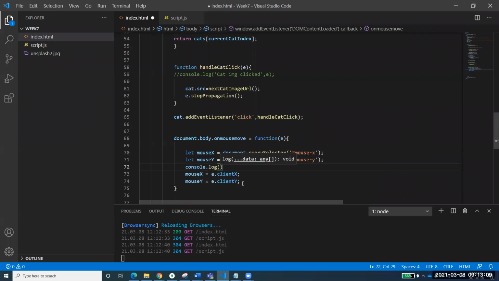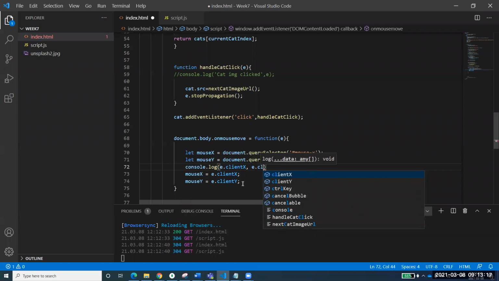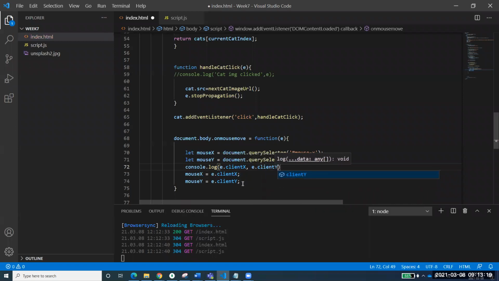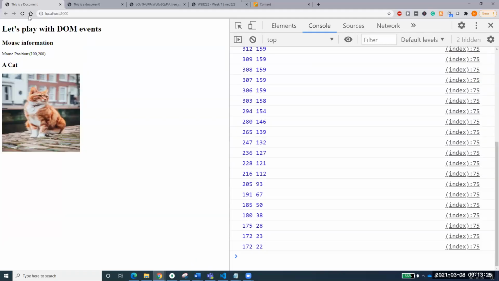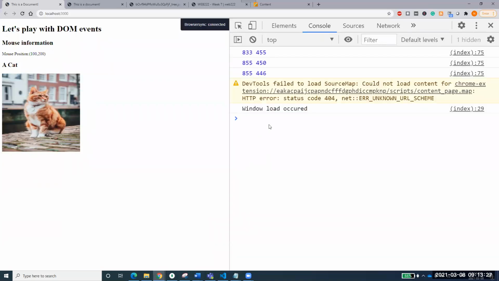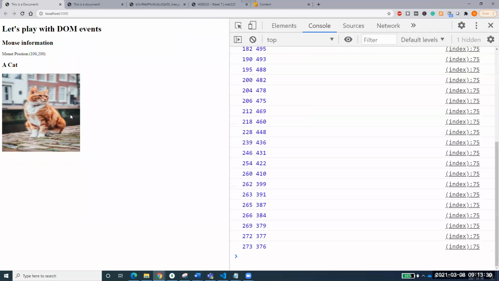That is hard code. I want to change it. So here I want to print e.clientX. Yes, that's very right. I want all of you to reach that point. e.clientY. I'm just printing these two values. See here. You see here that it is showing me this X and Y. So whenever I'm moving my cursor, it is showing me X and Y. You see how many consoles are coming?